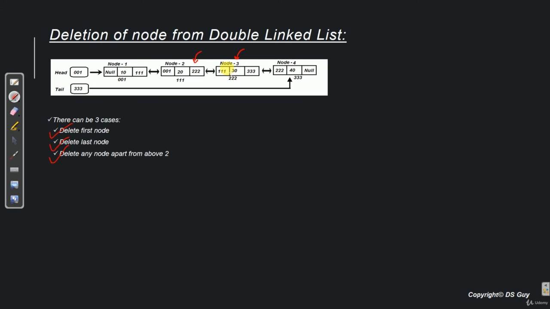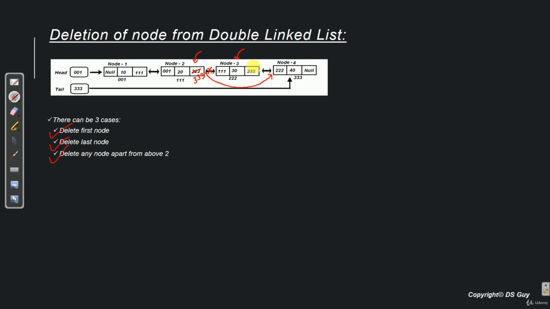So how do we do that? Simple. We have to update node 2's next and put 333 over here. What is 333? 333 is the address of node 4. So this will create a connection between node 2 and 4. So this connection over here between node 2 and 3 gets destroyed.